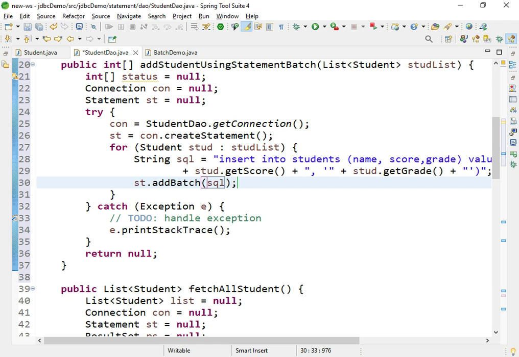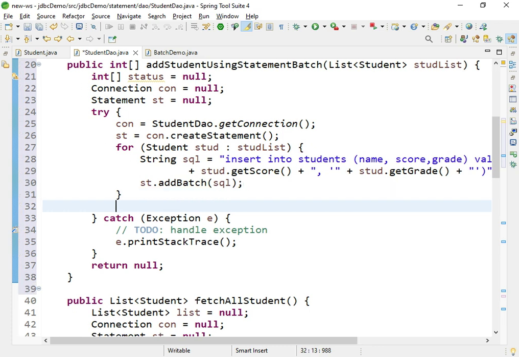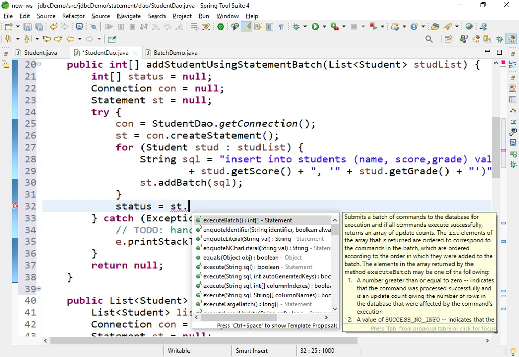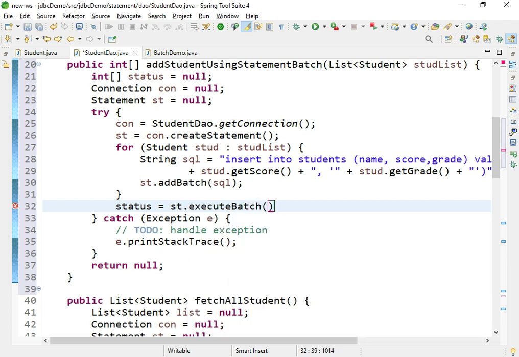So for the number of objects inside this list, it will process, it will add in the batch, then lastly what you need to do? Status equals to st dot execute batch, correct? Lastly same thing, finally, okay,